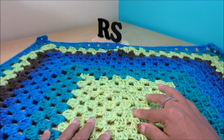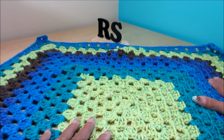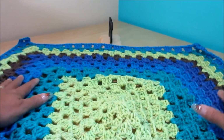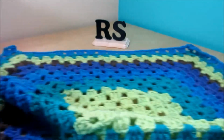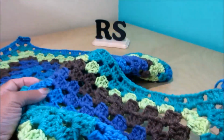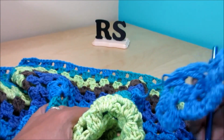And here I have from this lime green 1, 2, 3, 4, 5, 6 rows, and from this turquoise I have 3, and from this blue I have 2, and the other blue I have 2. The brown I have 1 on this side, almost 2, because I missed from here to the other corner to have 2 rows in total. The lime green is 1.5, but you can do 2 as well, and this one 1.5, and from this one I didn't finish this row. You see, I ran out of yarn here to finish this row and here with the blue,